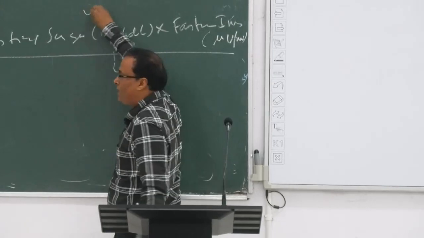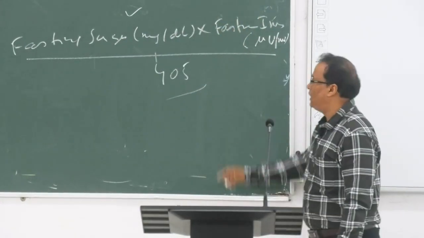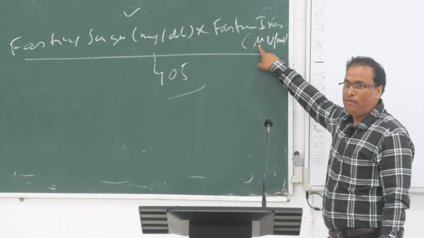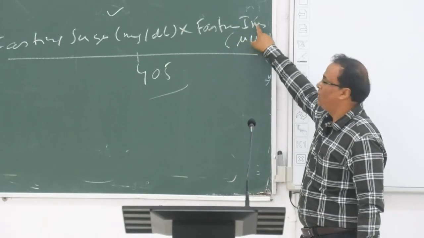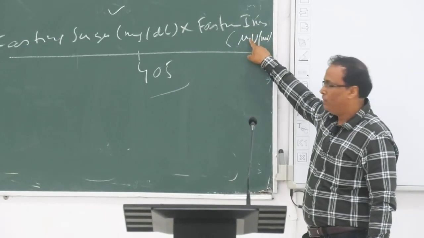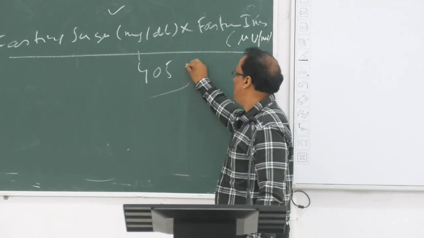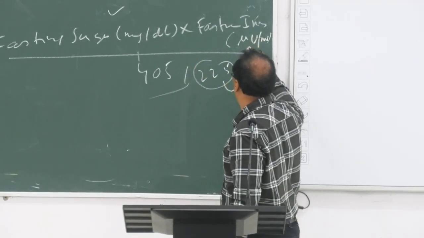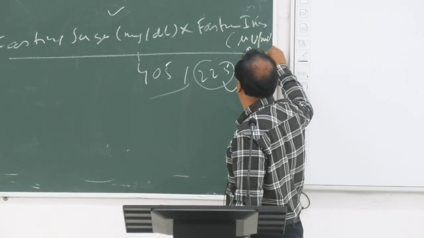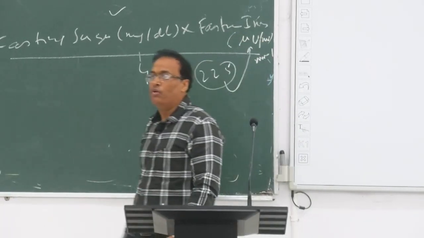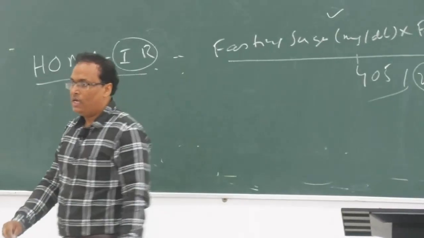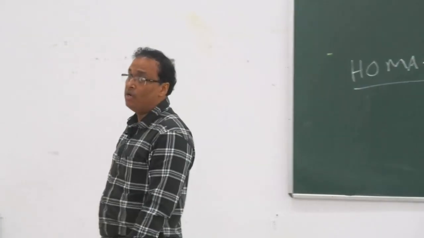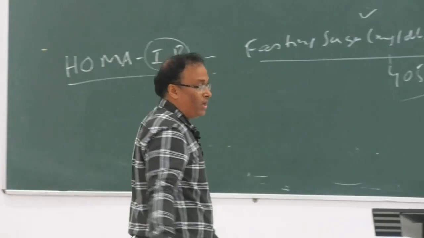Fasting sugar we can detect. The problem is the unit. Some countries may use the fasting insulin in millimole. Then this part changes, it will change to 22.5 if it is millimole per liter, right? If the insulin fasting level unit is millimole per liter, then instead of dividing by 405 it becomes 22.5. Remember it if you can, otherwise